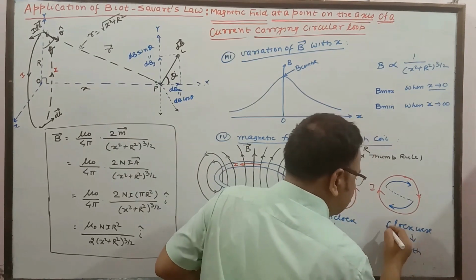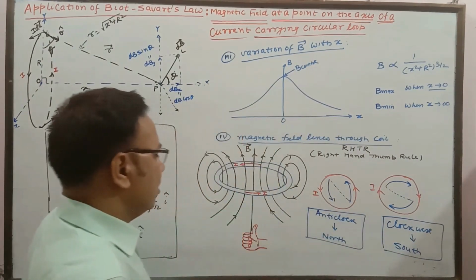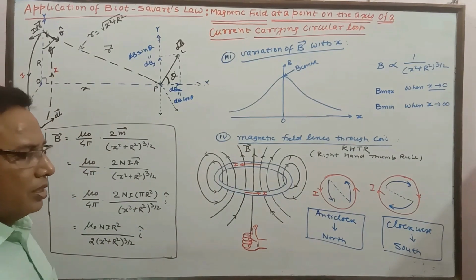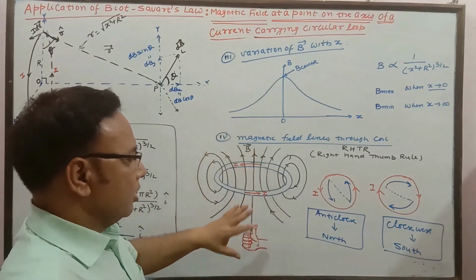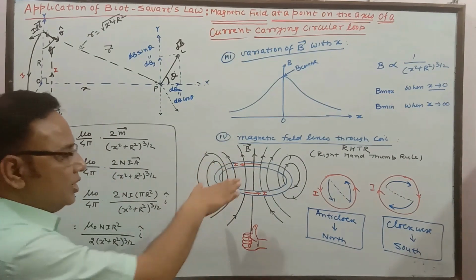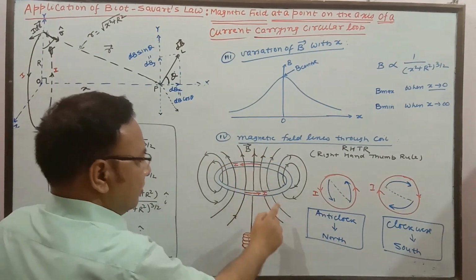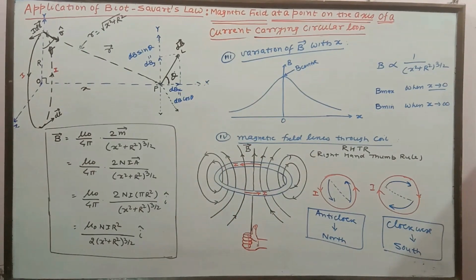So these things you must keep in mind while solving questions or in the boards exam, or whenever you are trying to do it. So lower side south pole, upper side north pole. And you know there is no such monopole, so both are present at one place. If you see from this side, it is north, and from the lower side, that is south. Please note down all these things and keep them in mind, as you cannot get one pole at a single point. So please note down and remember it.